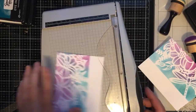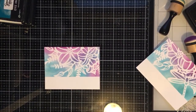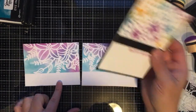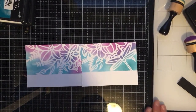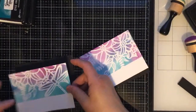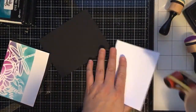All right, so I cut down, and see the difference when you do it with the 8.5 by 5.5 versus the 4.5, the white space difference. There's a lot more white space than there is on this one, which I think is fun. That's just a different interpretation of it. So I think once again, we're going to put these on some black mats. We're going to tie them all together. Oops, got too many here. That breeze that's coming in is just getting...